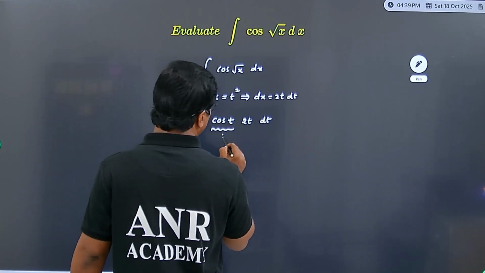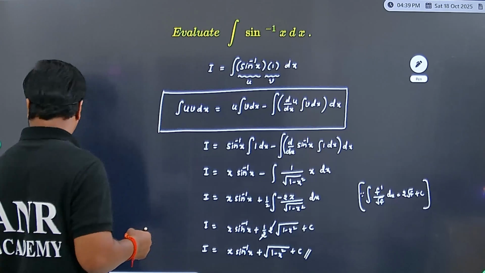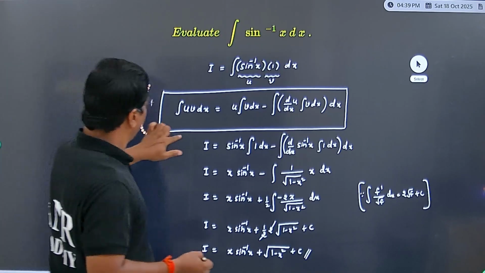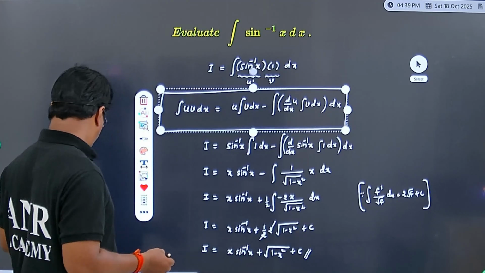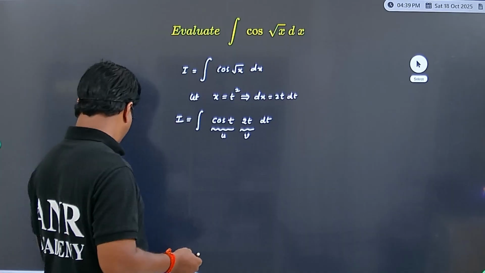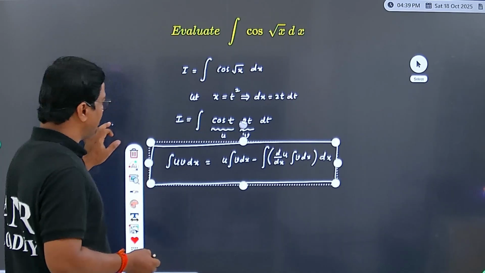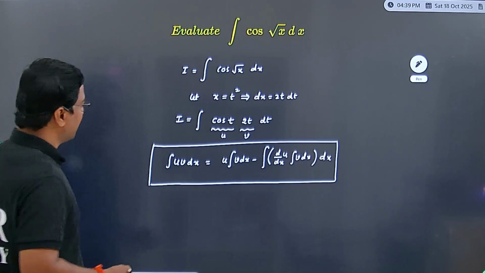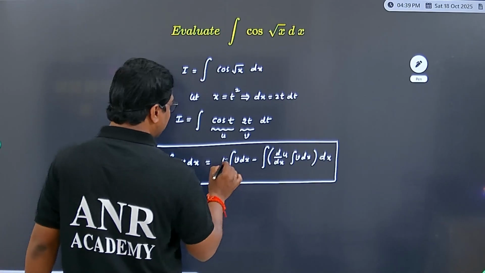Suppose that this is u and this is v. You know that uv rule. Yes, this is the uv rule. Using this, now I can write the given integral as I equal to first u,